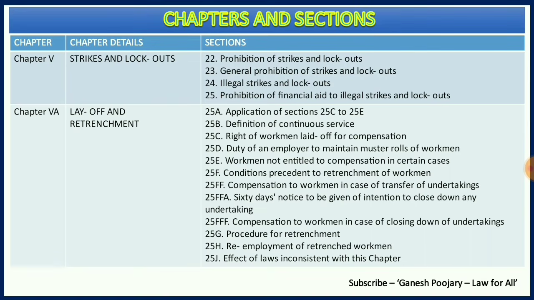Then we have amendment chapter, that is chapter 5A, which is about layoff and retrenchment. Remember, there are 12 important amendment sections added via this particular amendment, and they are from 25A to 25J, starting with application of section 25C to 25E, then definition of continuous service, a right of workman laid off for compensation, duty of an employer to maintain muster rolls of workmen, workmen not entitled to compensation in certain cases, conditions precedent